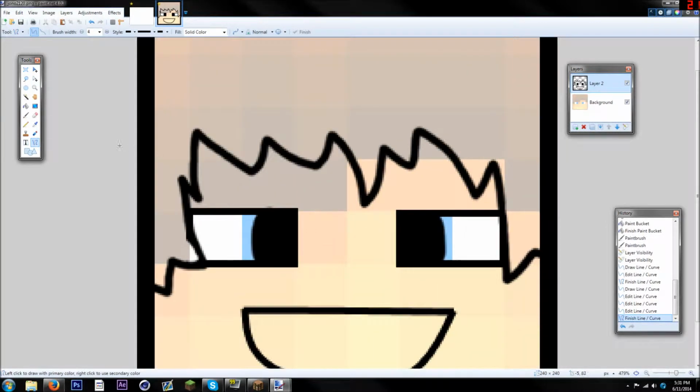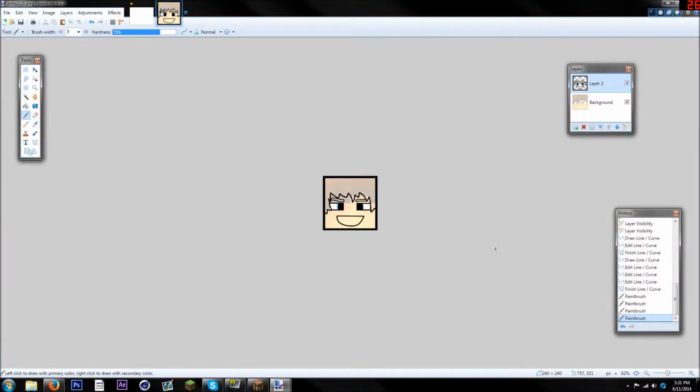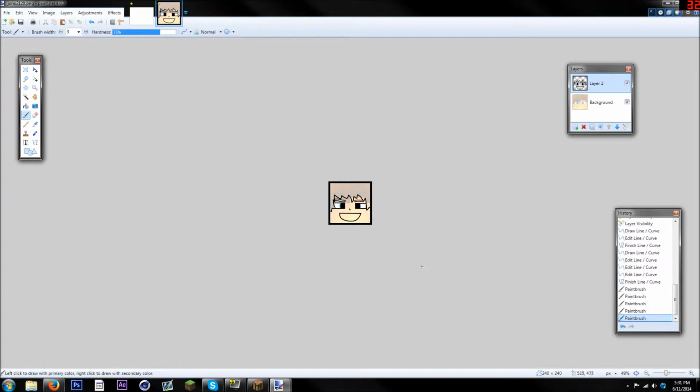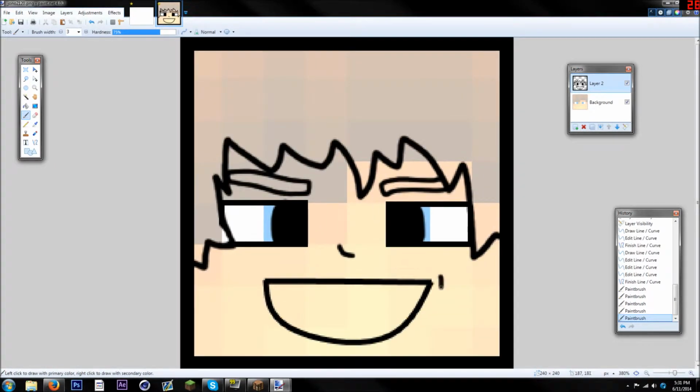Yeah, that's super easy to do as well. Then just basically draw some eyebrows or some other facial features. It doesn't have to be eyebrows. If you've got sunglasses, draw those on, or if you've got a headband or any kind of accessories, draw those on as well to make it look less Minecrafty, and just draw a bit of a nose